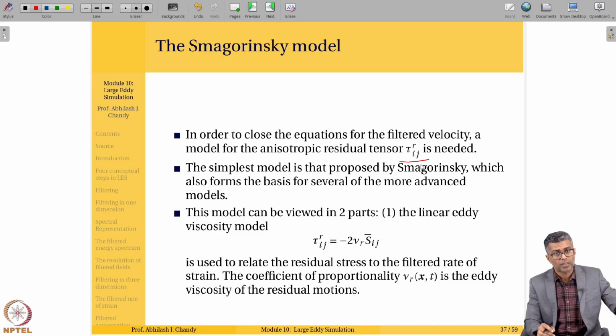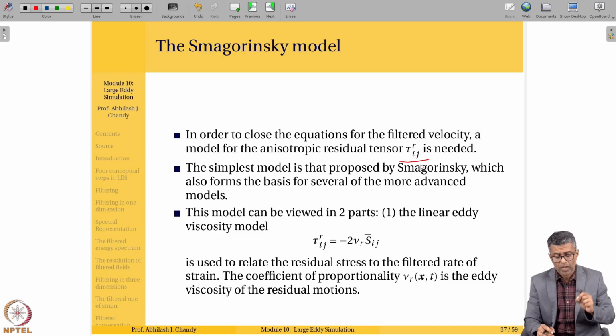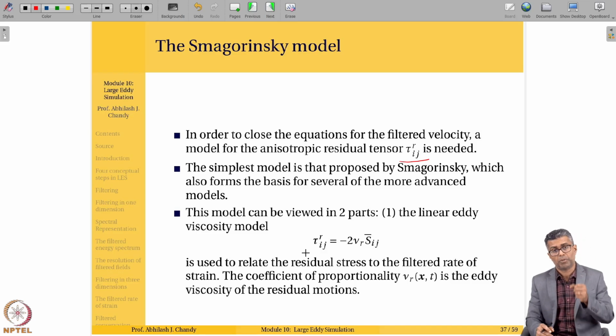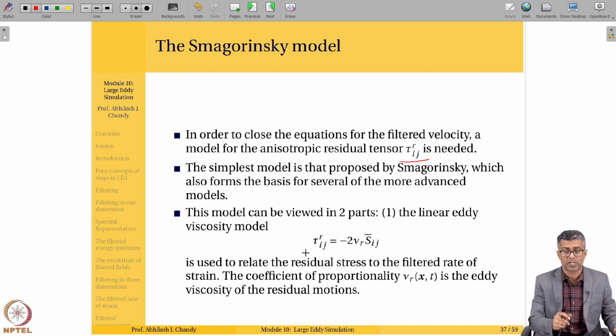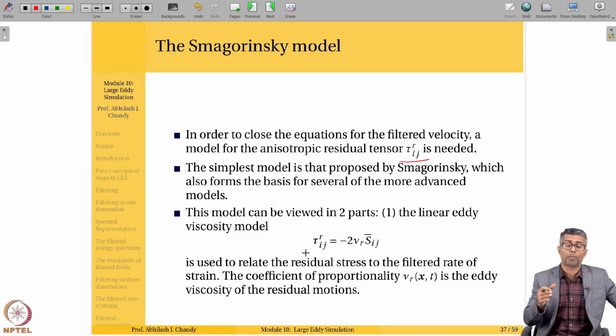Earlier, when we did the Reynolds equations, we looked at an intrinsic and a specific assumption. In the same way, we are looking at the assumption here in two different parts. The first part is the linear eddy viscosity model. This is our intrinsic assumption, meaning the anisotropic part of the residual stress tensor is proportional to the filtered strain rate. Remember, in the Reynolds equations, we said it was proportional to the mean strain rate